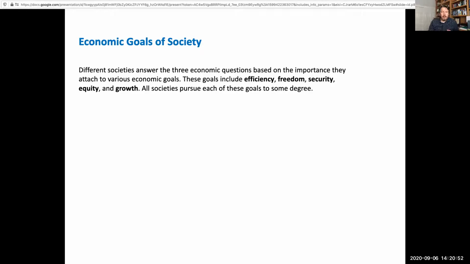Freedom. Now, a lot of people like the freedom to choose what cereal they're going to eat or what job they're going to do, right? And so this is a value that many societies hold very dear to who they are and what they want. Security. You want to have a certain amount of security, because when you have freedom and